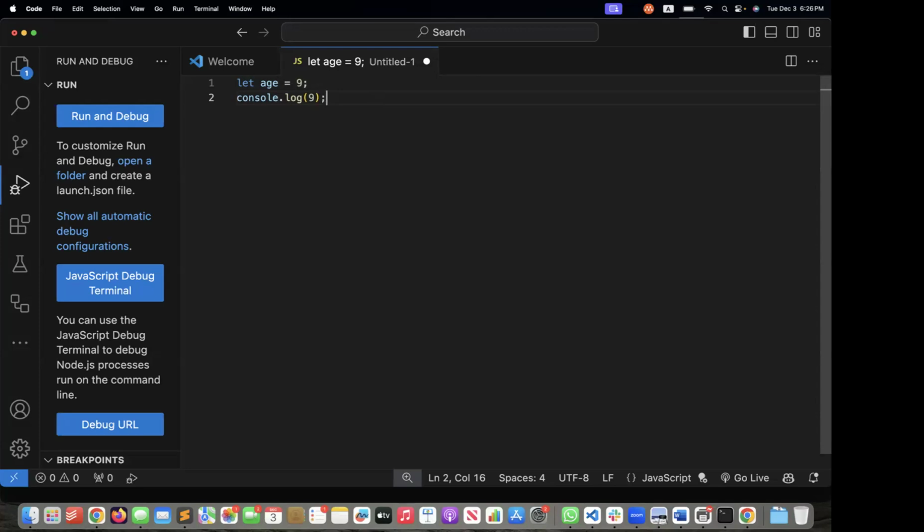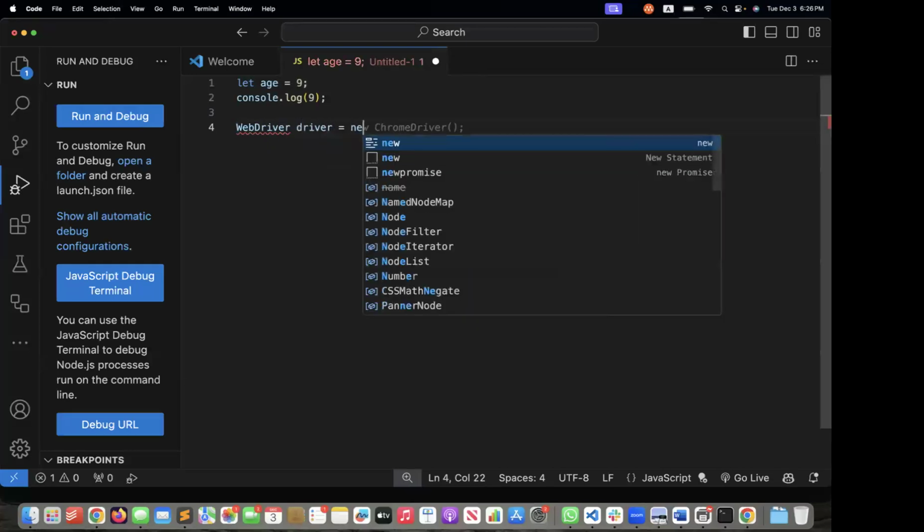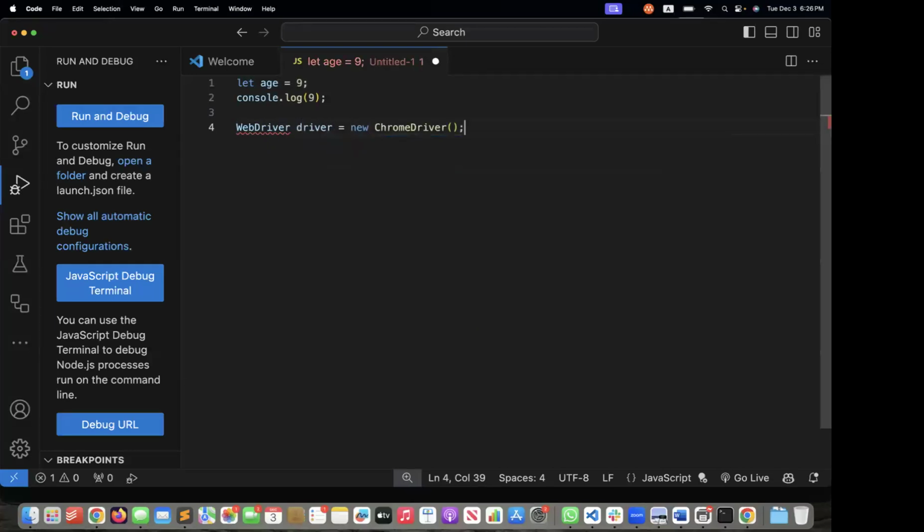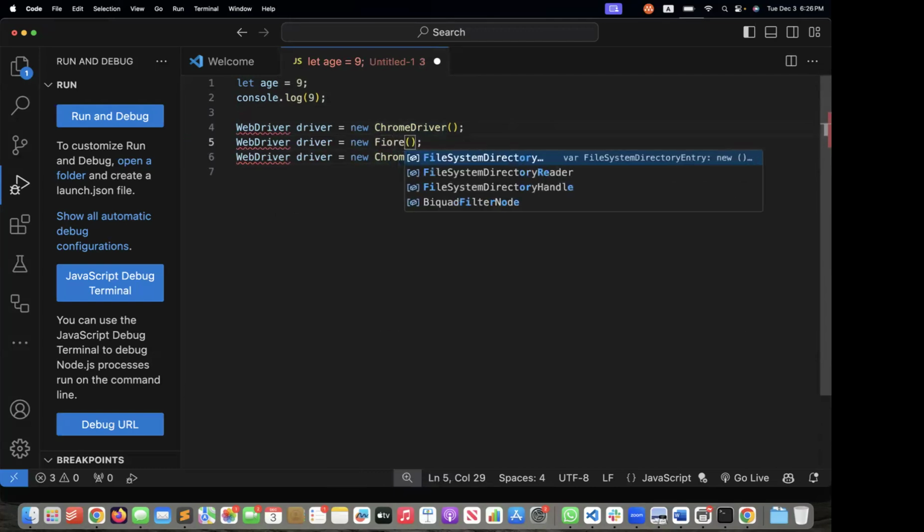In Selenium, we need to create a web driver, and then driver equals new ChromeDriver, right? Before you run that, you need to have this ChromeDriver installed on your local machine or on the server where you are executing this code. Or instead of this, for example, you can have a Firefox driver,